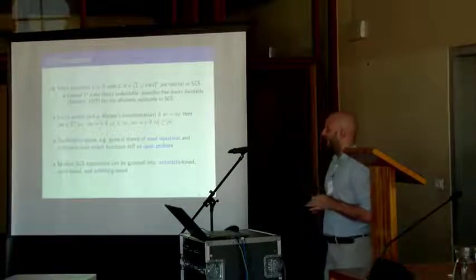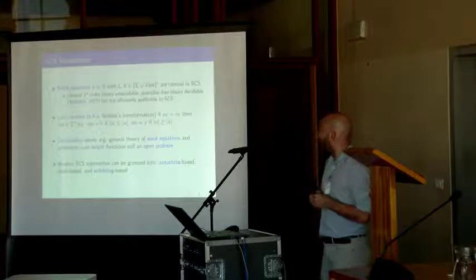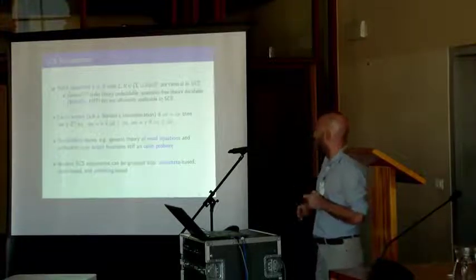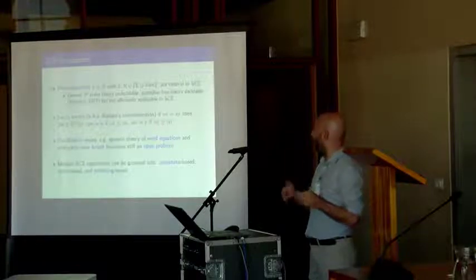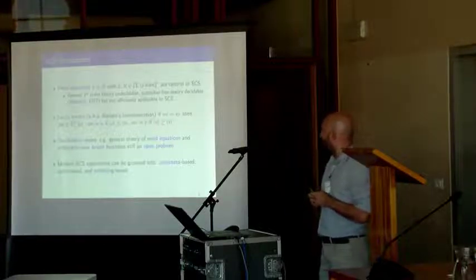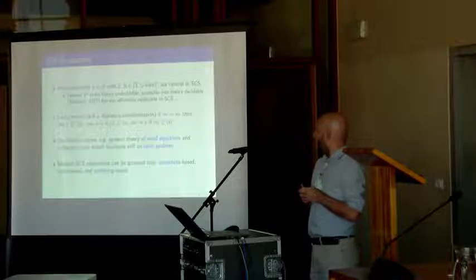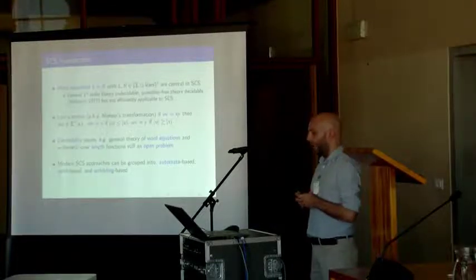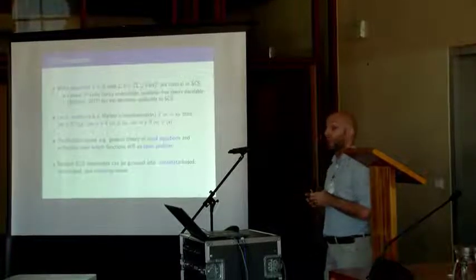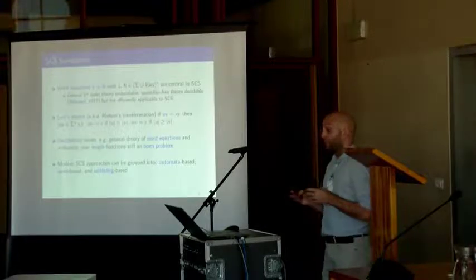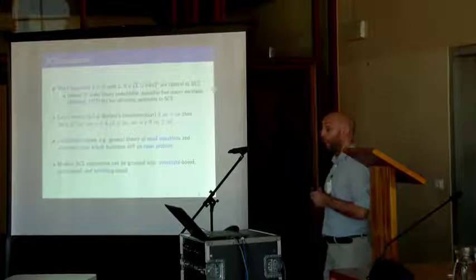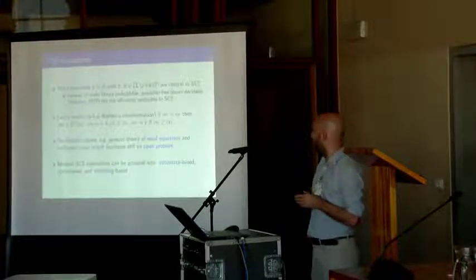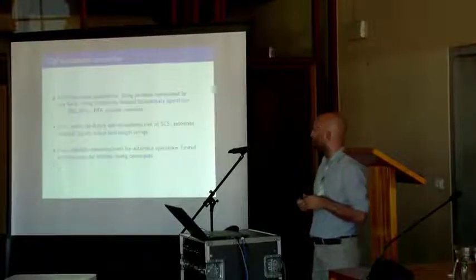So, of course, in general, we may have stability issues. For instance, the general theory of word equations with length function is still an open problem. And what we can say is that modern string solving approaches nowadays can be grouped basically into three main categories: the ones that are based on automata, the ones that are based on word equations, and the unfolding-based or